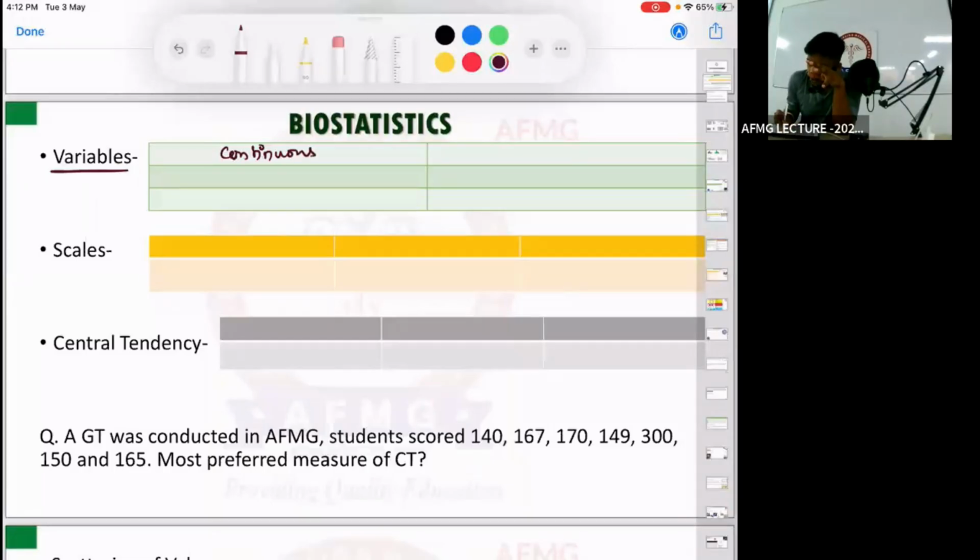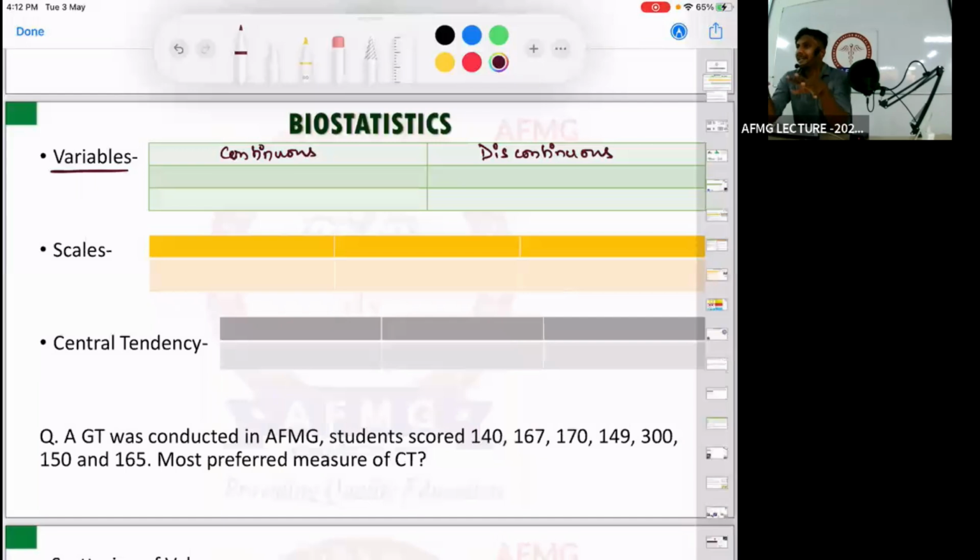Continuous variable. So what do we mean by continuous and discontinuous? Please remember, continuous variable means it will have a lot of values and there would be values in between as well. For example, temperature. Temperature will have 1 degree, 2 degree, 3 degree, and there is also possibility that it can be 1.5 degrees as well. So there are n number of values, and in between values are also possible, decimals, and that is what is a continuous variable.